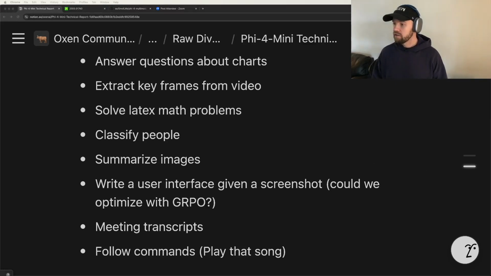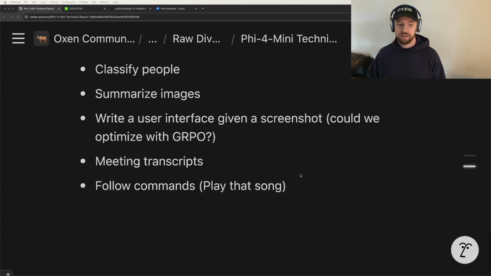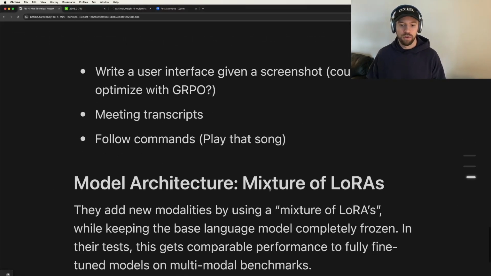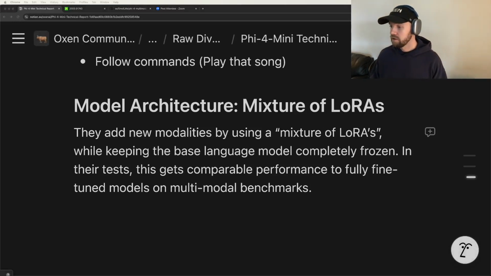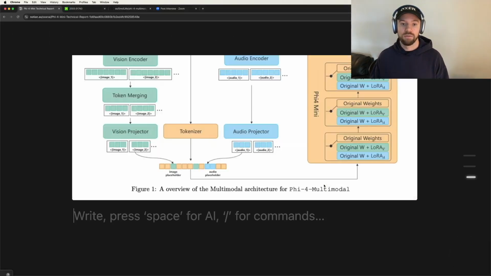So let's start by looking at how it does this from a model architecture standpoint. They add different modalities to this model using a mixture of LoRA while keeping the base language model completely frozen. And in their test, this gets comparable performance to a fully fine-tuned model on multimodal benchmarks, which is pretty impressive. And so if you look at the diagram from the paper,